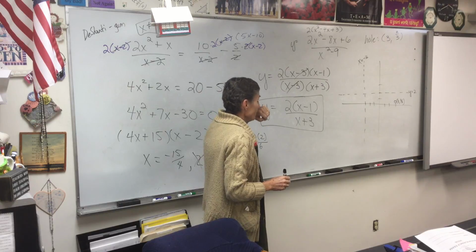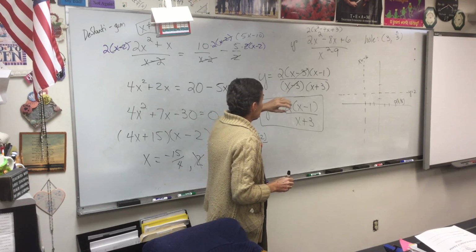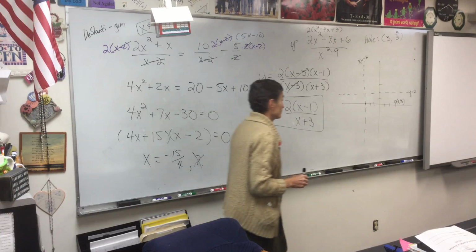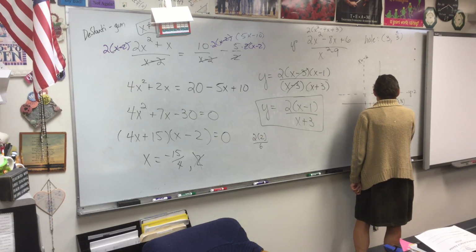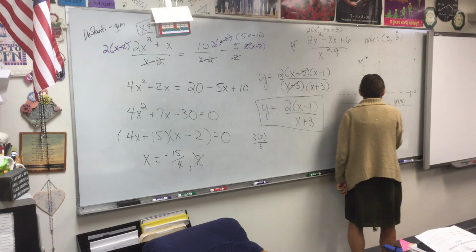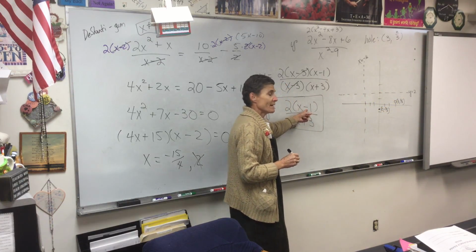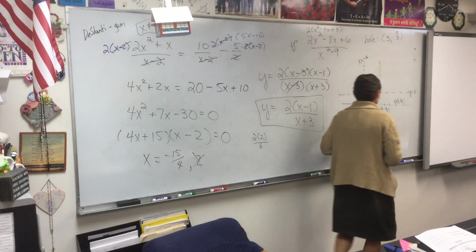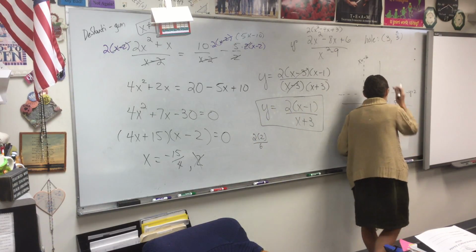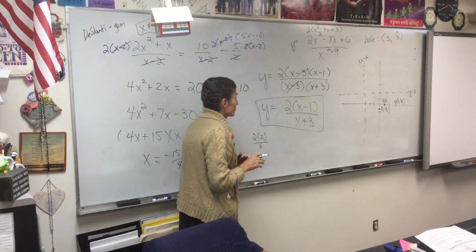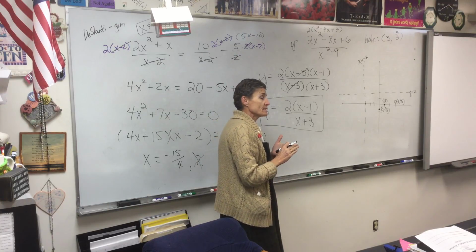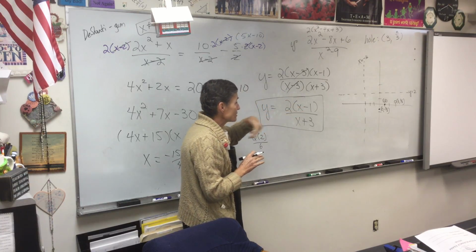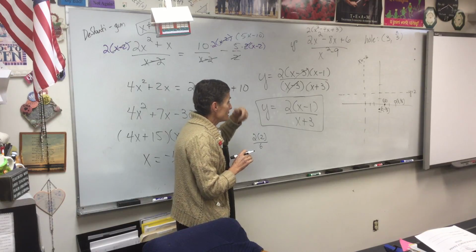Okay, do I have a y-intercept? Well, I don't know. Let's let x be 0. If x is 0, you're going to have -2/3. Do we have an x-intercept? Where is it? 1. Okay, so we have now listed all of our discontinuities, the hole, the asymptotes. We've listed our intercepts. We have one x-intercept, one y-intercept. So now sketching it,